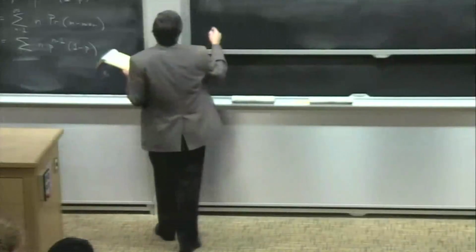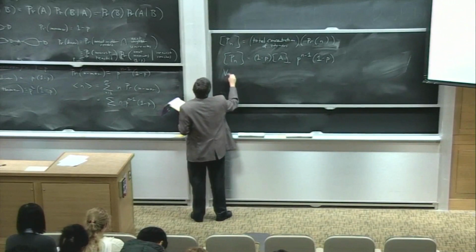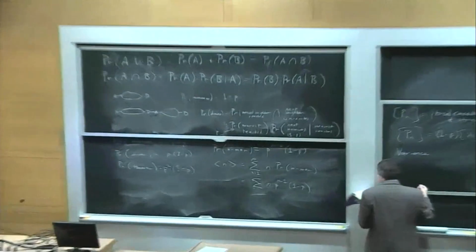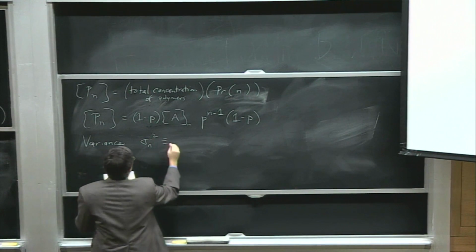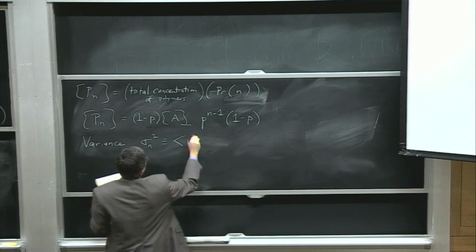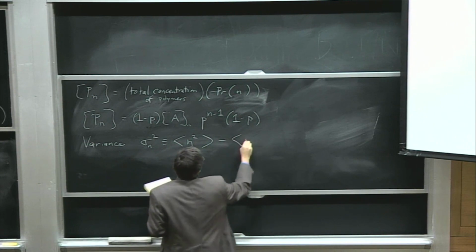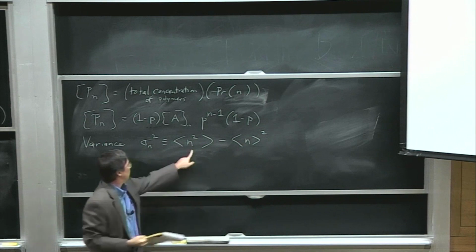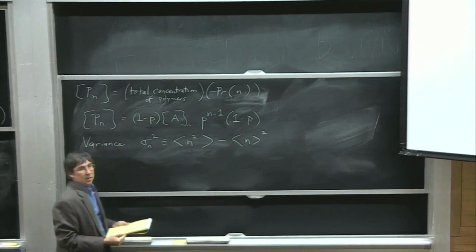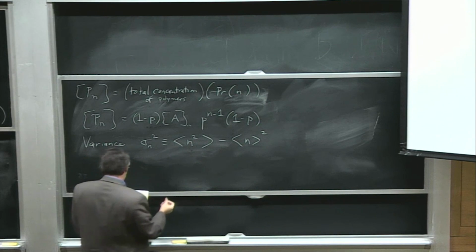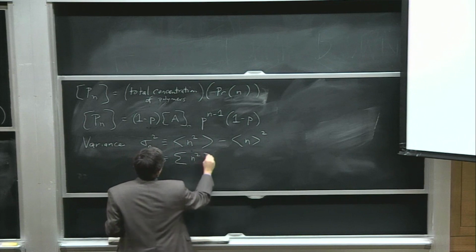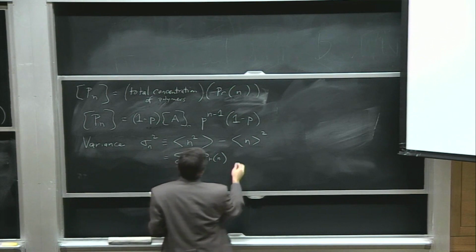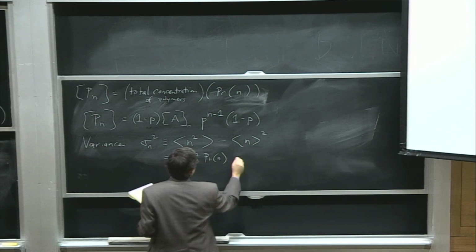So we define what's called the variance. And the variance of n is written this way. And it's just defined to be the expectation value of n squared minus the expectation value of n, squared. These two are always different, or almost always different. So it's not 0. So this is equal to the summation of n squared times the probability of n minus